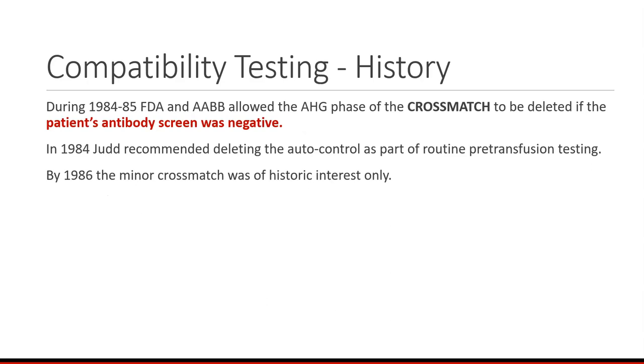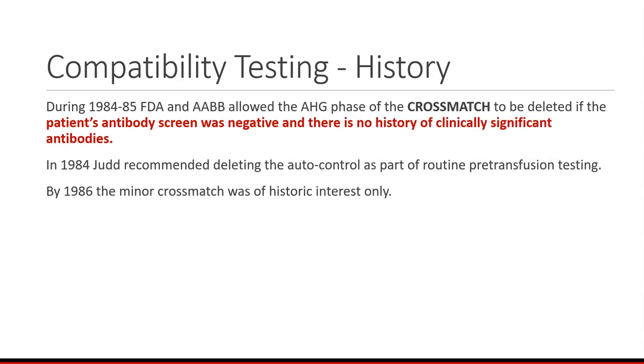During the years 1984 and 85, the FDA and the American Association of Blood Banks allowed the Coombs or AHG phase of the cross-match to be deleted if the patient's antibody screen was negative and they have no history of clinically significant antibodies. In 1984, Judd, another big name in blood banking, recommended deleting the autocontrol as part of routine